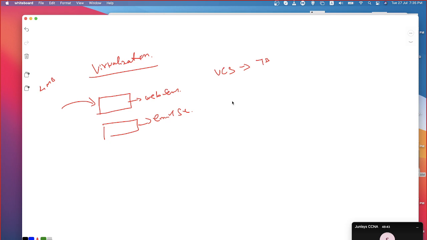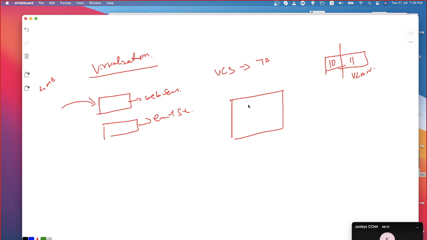What is that? If you go to a hardware, we have a lot of resources, and those resources can be used for emulating multiple devices together. For example, we have a physical switch. By creating VLANs, like VLAN number 10 and VLAN number 1, logically we are slicing the switch into multiple switches. That's why we call this VLAN. What does VLAN stand for? Virtual LAN. So you are virtualizing the switch into multiple switches.